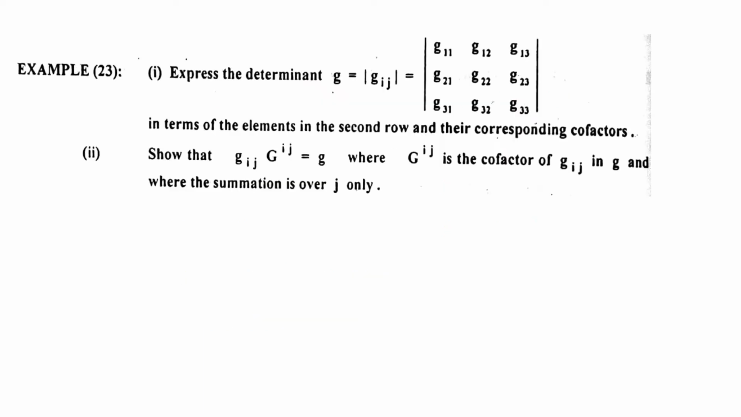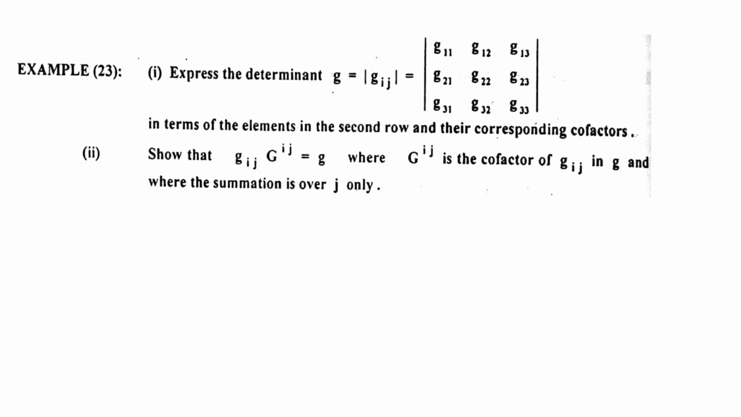Next, today's example of a metric tensor. Question: express the determinant g = |gij| = g11 g12 g13, g21 g22 g23, g31 g32 g33, meaning the determinant of a metric tensor, in terms of the elements of the second row and their corresponding cofactors. Okay, we have to prove